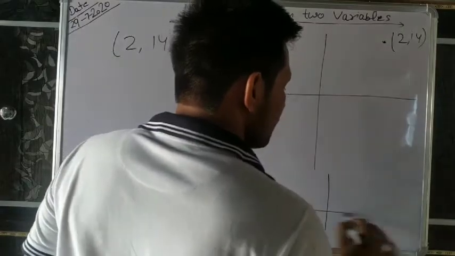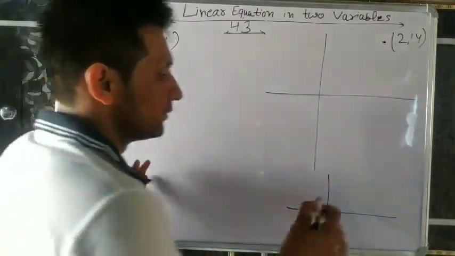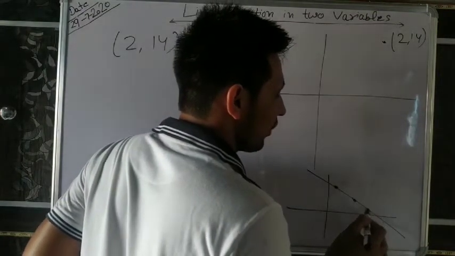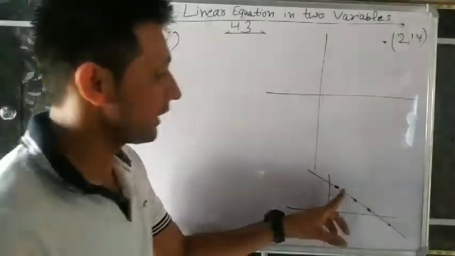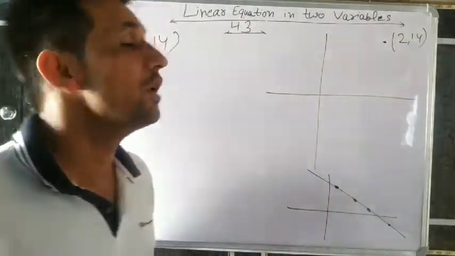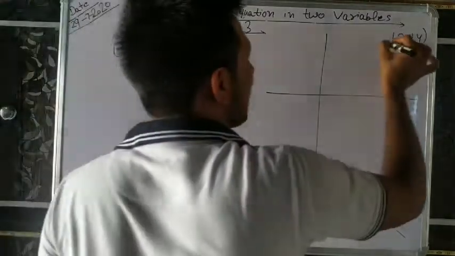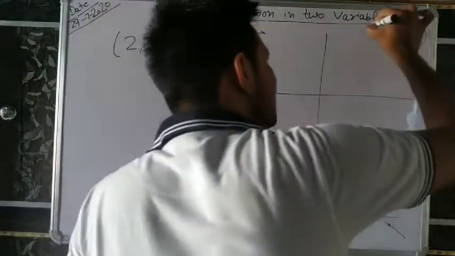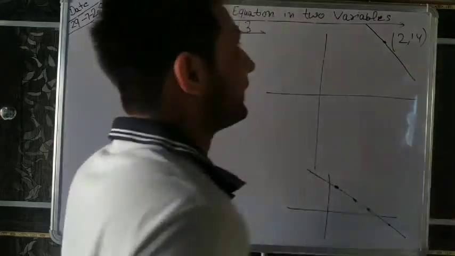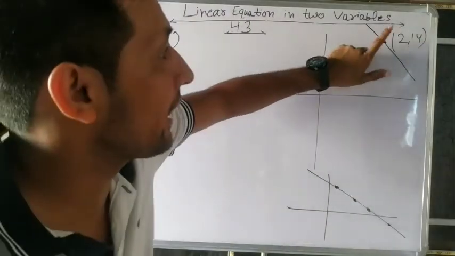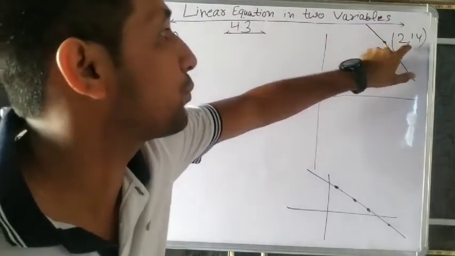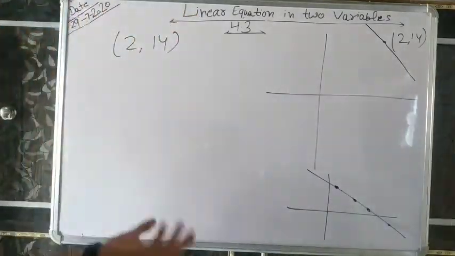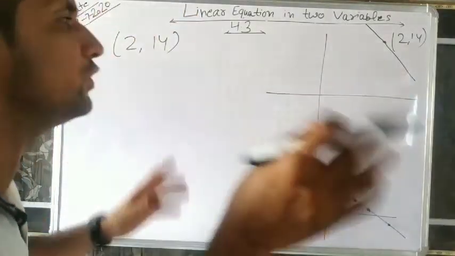We know, everyone knows, if it is the graph of the linear equation, it means these are all its solutions. So the equation is passing through every point. Same as it is, we have to make two equations which are passing through this point. If any line is passing through this point, what is the meaning? It means this point satisfies the equation. So you can write any equation easily, very simple.